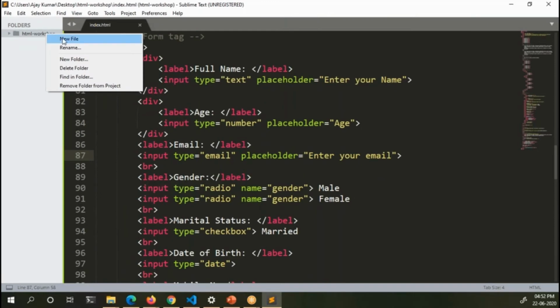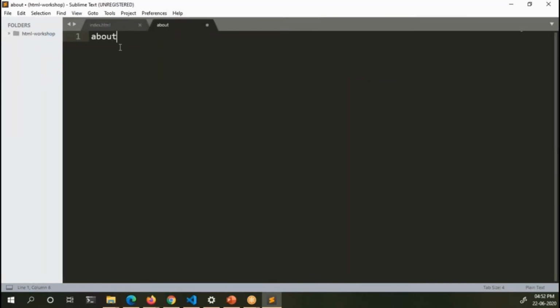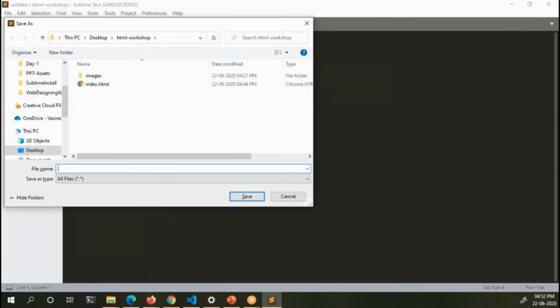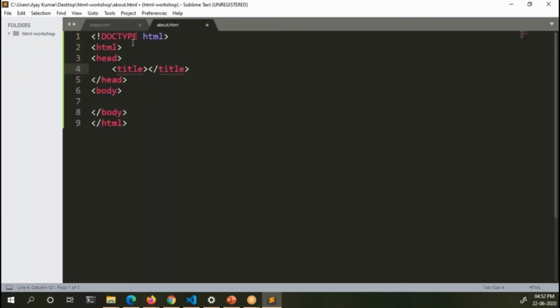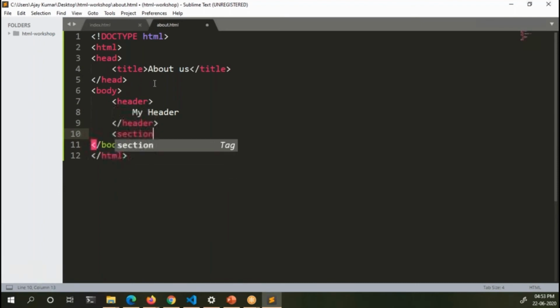create a new file inside the same folder, about.html. Oh, I guess I have to press Ctrl S. About.html. I'm simply using about us. So inside you can create header. After that, you can obviously create section.